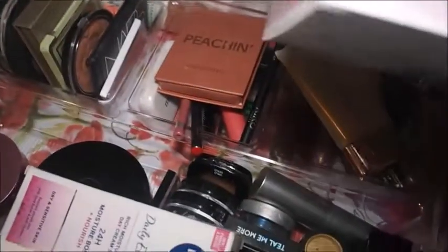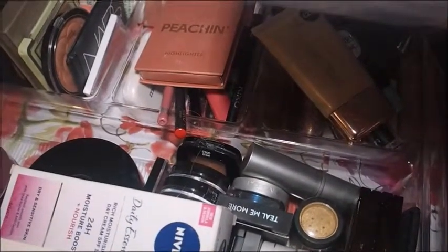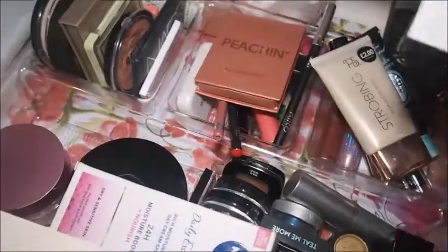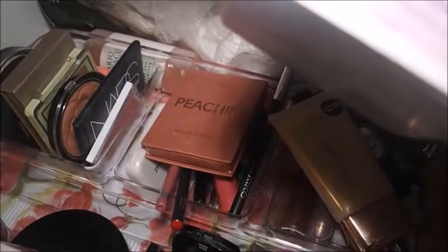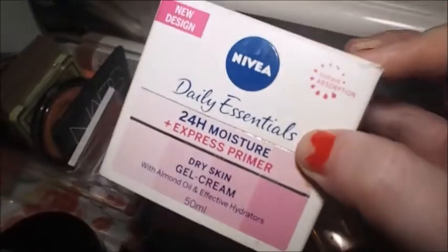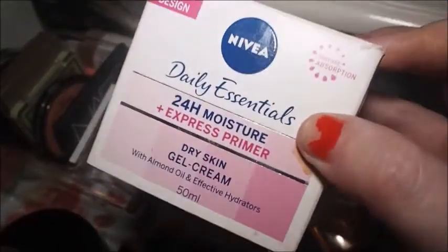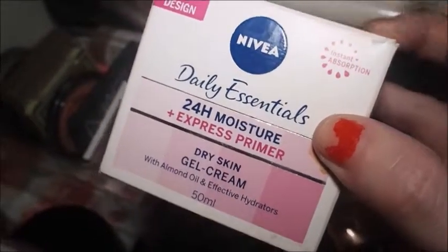So I use this, it's a primer. So it's the Daily Essentials 24-hour moisture plus express primer dry skin gel cream with almond oil and effective hydrators. Now the reason I was using this is because I've been quite ill and my skin has become really dry. I wouldn't normally open a new primer,